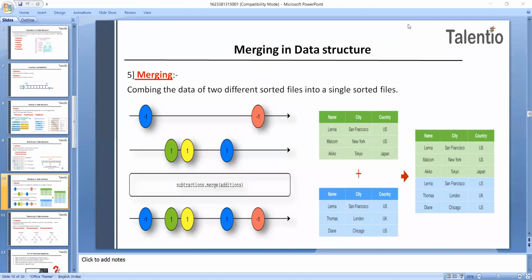First, it divides the array into two equal halves. You can see this got divided into two equal halves, and then we need to combine them both.